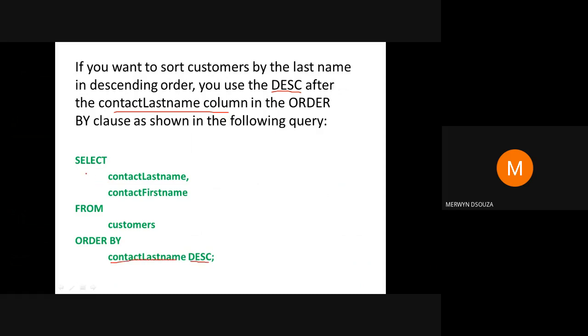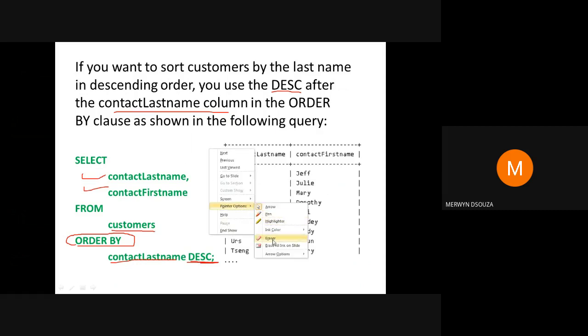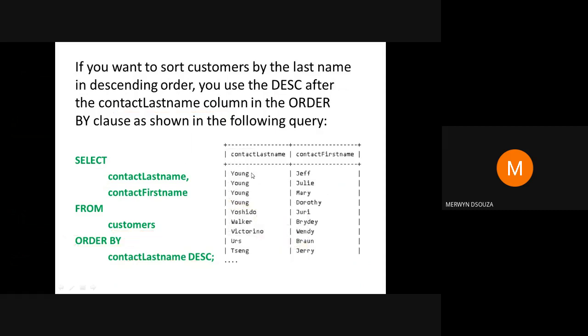We select the last name and the first name from the customers table, and now we sort them using the order by clause in descending order. You will get the output something like this. You can see here now all the last names are sorted in descending order. We start from Young Jeff, Young Julie, Young Mary, and so on.